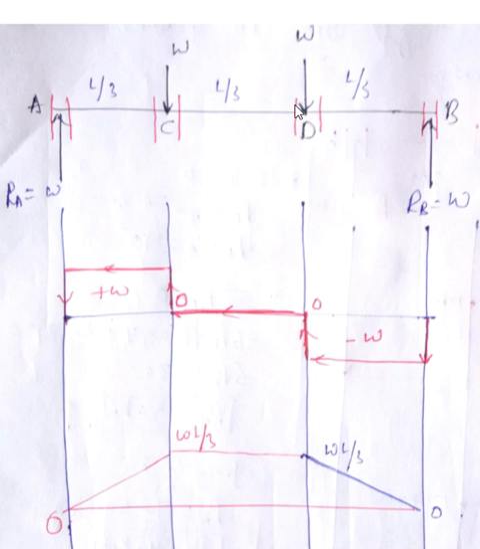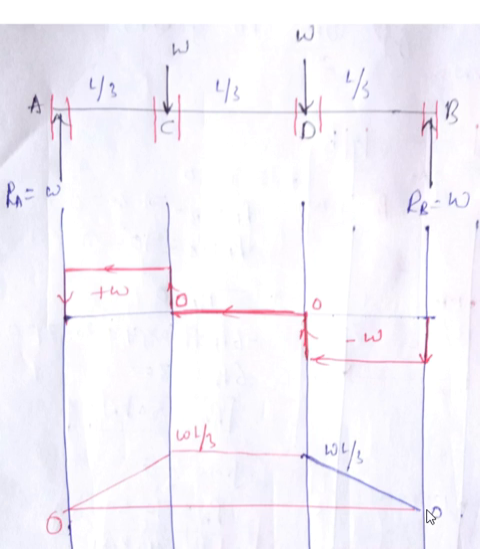If I consider this section, towards the right there are two forces, this force and the other force. First consider this force W. With respect to this section, it is bending the beam in upward direction like this. After bending, the beam will look somewhat like this. It is bending the beam upwards, so we'll take it as positive. So plus W into perpendicular distance L by 3. W into L by 3 is plus WL by 3. There is one more force, but the perpendicular distance is 0, so this will not have any bending moment. The only bending moment is W into L by 3, that will become WL by 3 at this point.